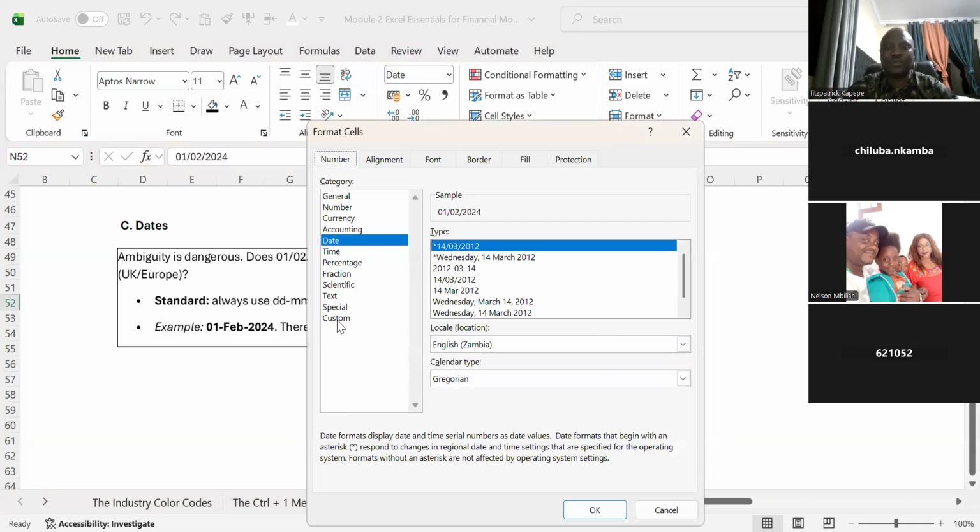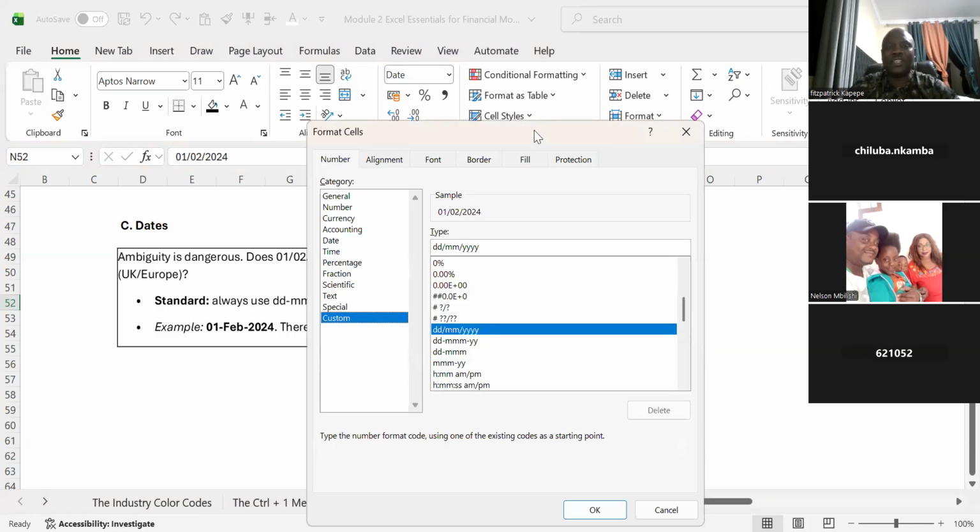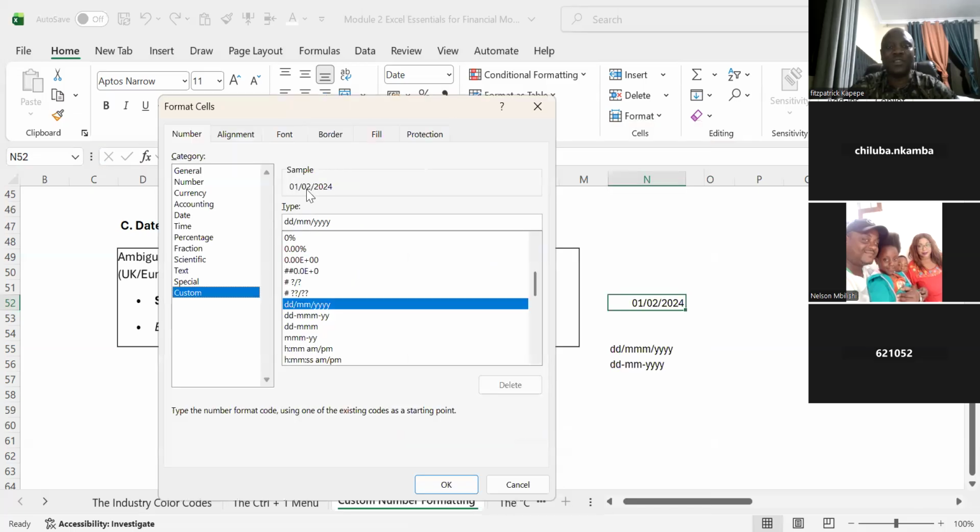Let's go to custom. So under custom, this is what you're seeing. If we want to change this, the 2 M's, if we come up with 4 M's, it will show February in full, or a month in full. If we have 3 M's, it will be a shortcut. Instead of January, it will be Jan. February, it will be Feb. So you will see in the sample here, instead of MM, just type another M. It will show February